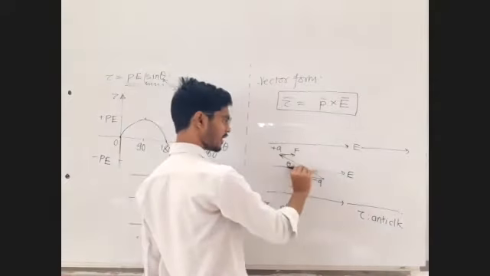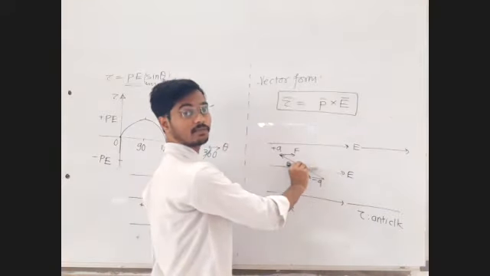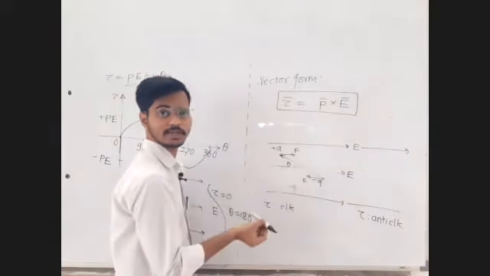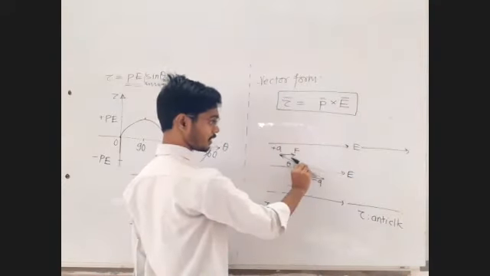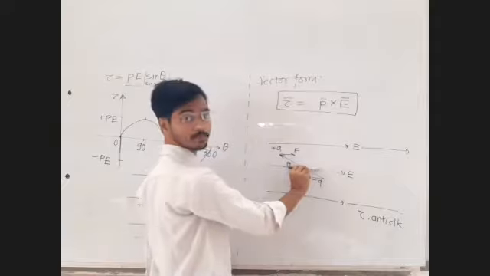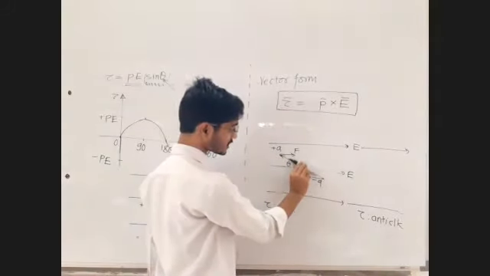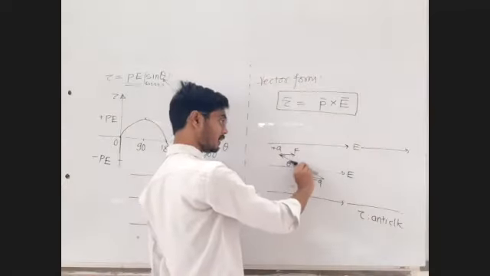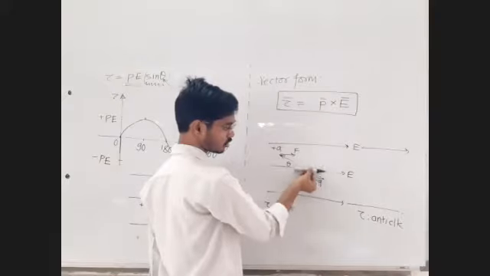In the opposite direction of electric field, it is in equilibrium, but that's not a stable equilibrium. When to call stable equilibrium? When you displace the system from the equilibrium, if it comes back to the same position, it will be called stable equilibrium. But right now, if you displace the system, it will not come back. It will keep on displacing. Ultimately, it will again align to this position.